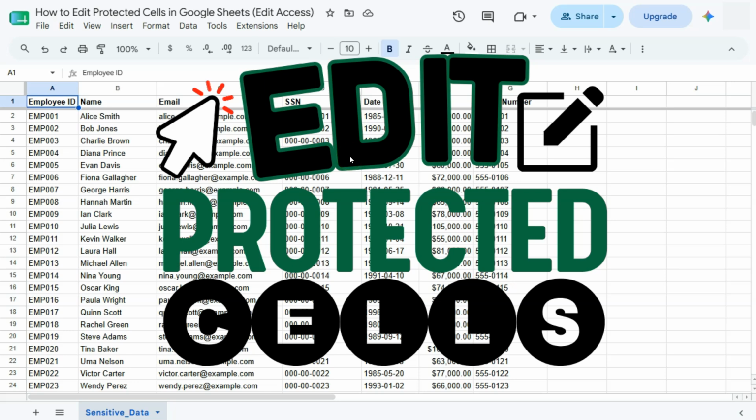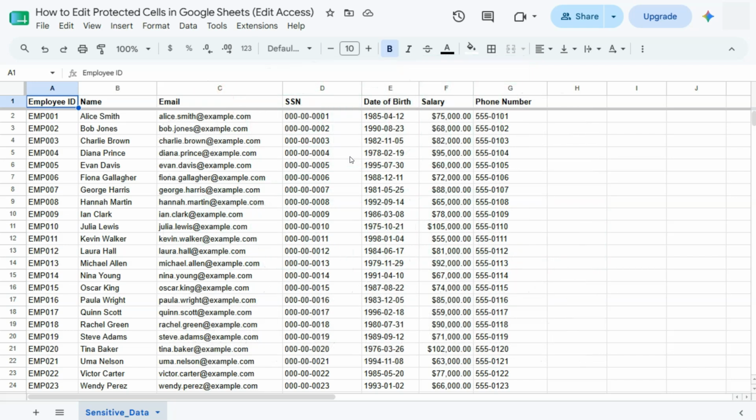In today's video, I'm going to show you how to edit protected cells here in Google Sheets. So if you're working on a presentation with somebody else, maybe you're collaborating with someone on a specific spreadsheet, and there are some parts that you cannot edit. Now, one of the main reasons why you can't edit it would be these cells or this range is actually